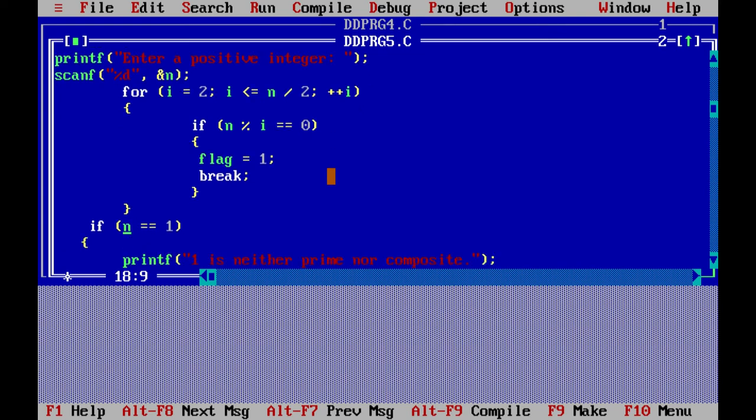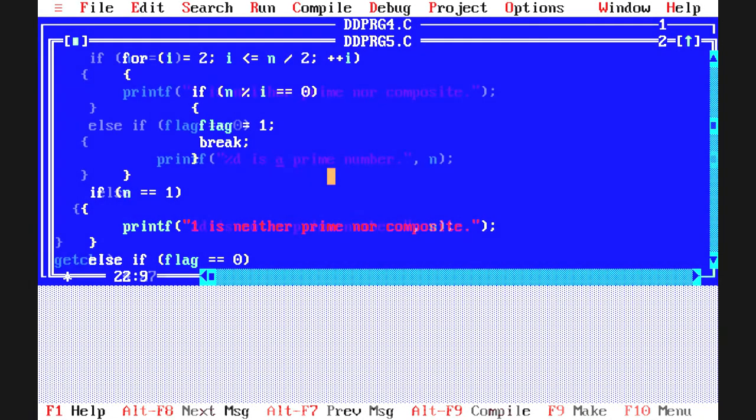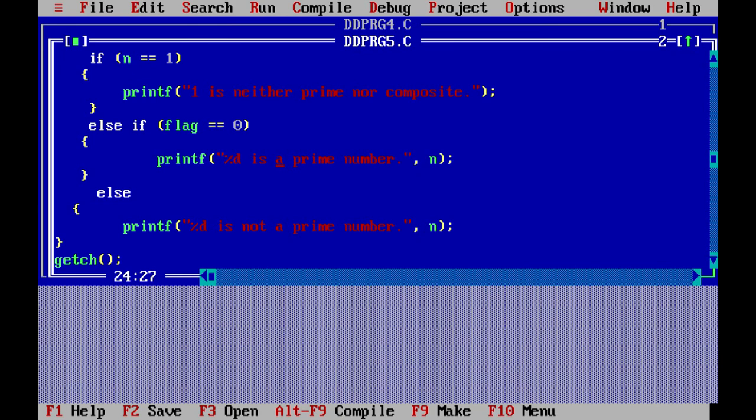N is 1 means what? If your n value is exactly equal to 1, but my n value is 4, then it does not go inside this loop. Now it will go to the else part. In the else part it is written, if the flag is 0, then... but in our case the n value is 4, that's why flag is 1, that's why it does not move inside this flag of 0 statement.